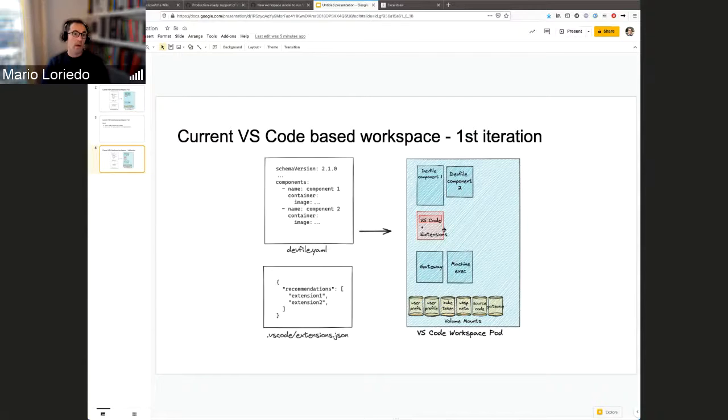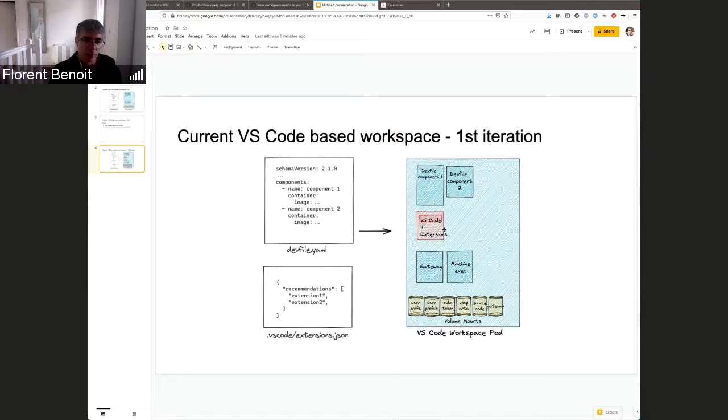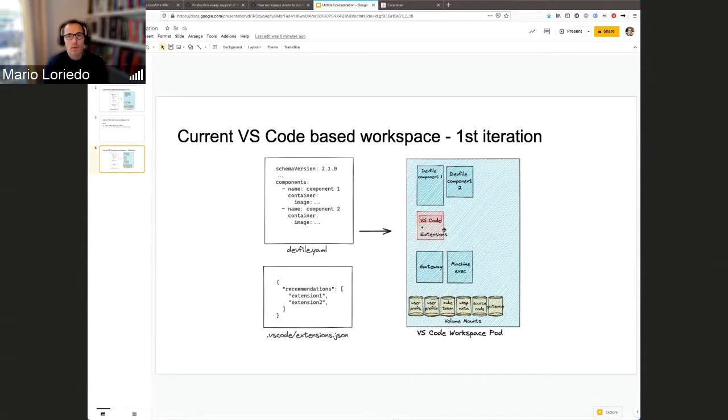Exactly. But how do you specify that in the dev workspace world? It's not in the dev workspace world, it's in the Che world, because it is Che that is responsible to create the file when you specify. Yeah, but what I mean is that